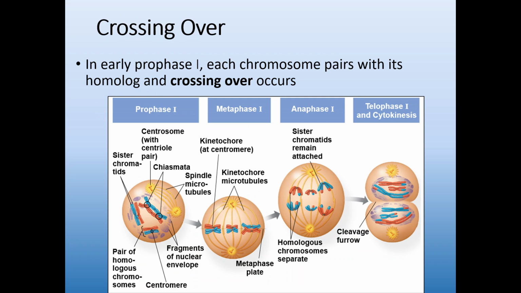Instead, I'm going to focus on the key difference, and the big one happens almost immediately. So we've duplicated our DNA and we've started meiosis 1. We are in prophase 1, the very first step. This is where crossing over happens.